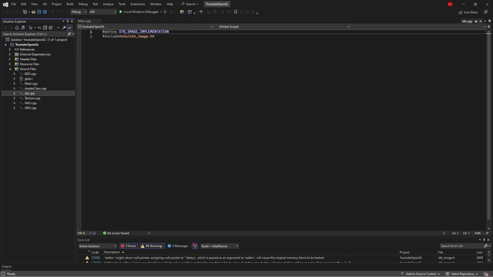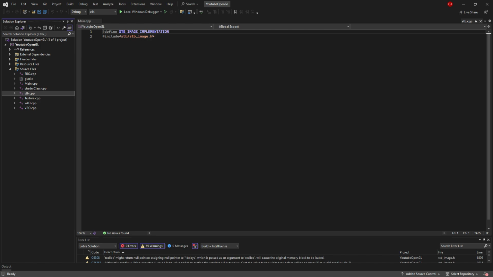To accomplish this, we will need to use the STB open source library, create a header file, and add it to our project file. In order to utilize the components of the STB library, we must also write the STB CPP and implement it. Don't forget to include the STB header. And now put it in the main CPP and include the STB header so that we can actually use the